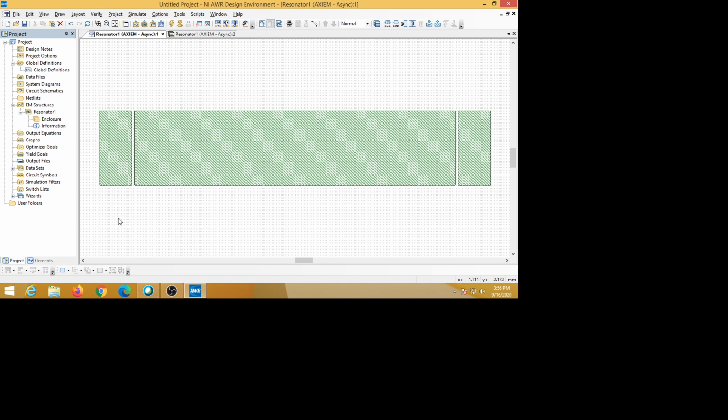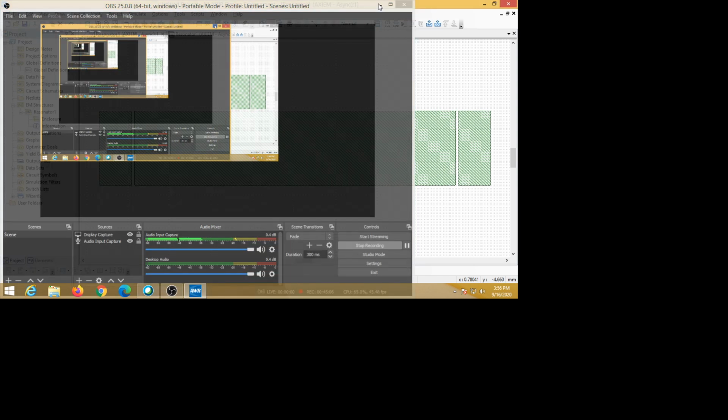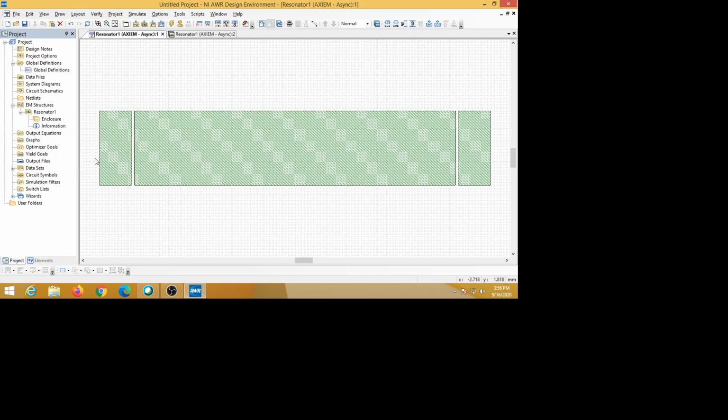Now what we have to do is feed the signal to this structure, because, as I said, resonator means we have to draw the frequency response. To draw the frequency response, we should apply the signal here. We plot frequency versus output, S21. As I told already in the instruction class, we should plot the S21. S21 means output divided by input. So we have to provide a signal here and see the output here.